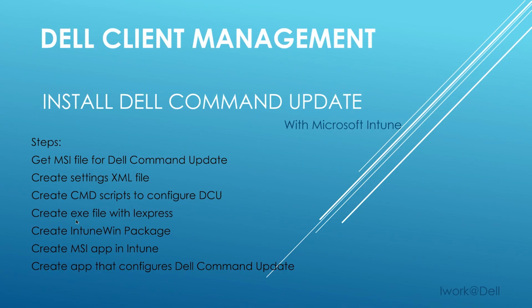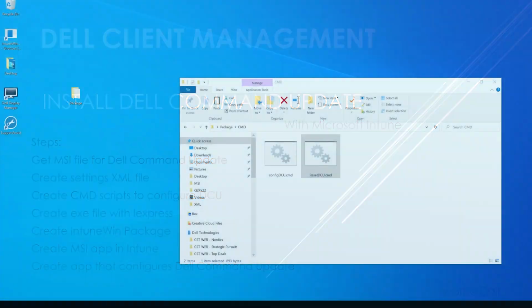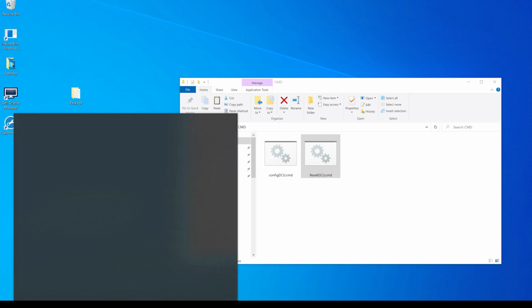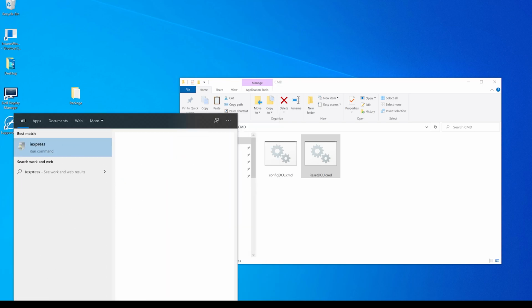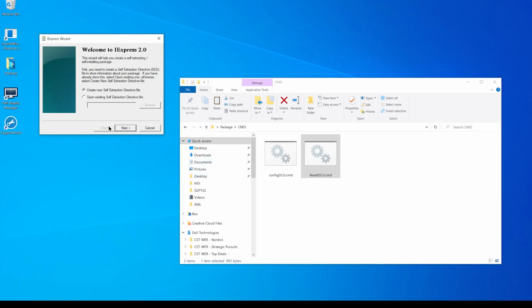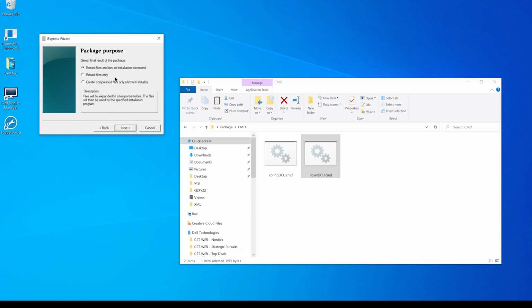So the next step that we need to do is convert these command scripts into an exe file that we can use inside Intune. In order to do that, we need to start up iExpress, and we need to run it as administrator. And we say yes. And we want to create a new self-extracting directive file. And we select the first one,